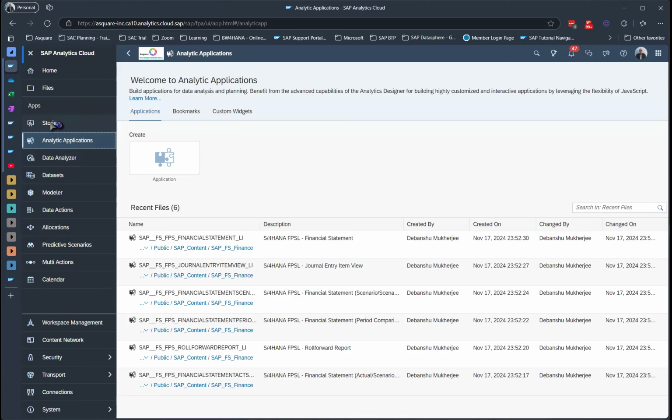This is the JavaScript based functionality, which is the customization of the different widgets on your stories, which will use JavaScript. What is a widget and all those things? Don't worry, we'll discuss that. But just understand that analytic application is obsolete now. You can create the visualizations or the JavaScript based customizations within a story. You don't need to separately go to analytic application. That was a thing of the past.